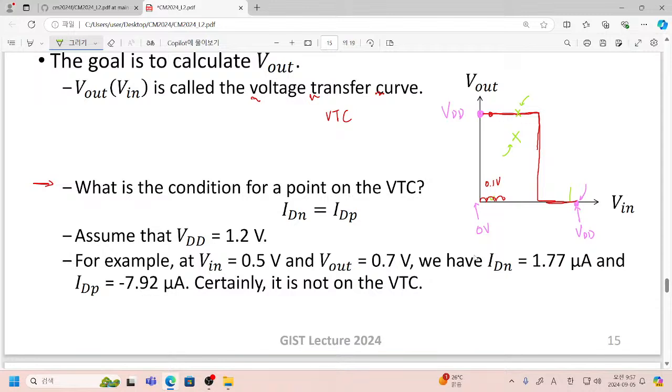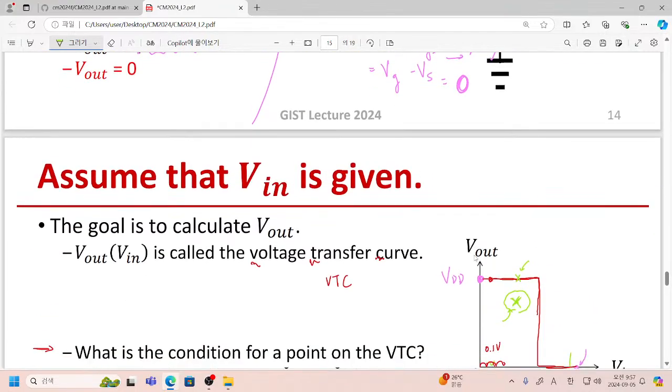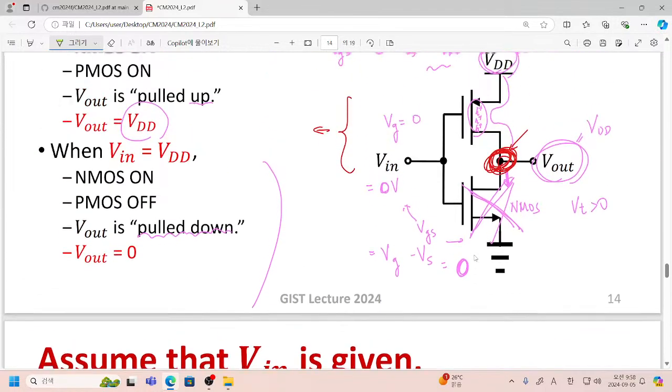For example, if we happen to have this selection of input voltage and output voltage, then is your NMOSFET not conducting current, or is your PMOSFET conducting no current? It's not, but the principle that is obeyed by this off the curve point is, for example,